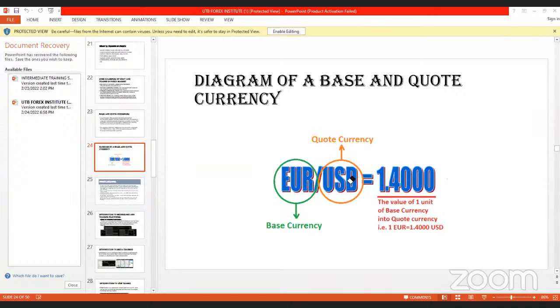Okay, so in cases where you think the USD will gain value or will appreciate or will have strength over the Euro, that means in a chart you have to click sell on Euro. That means invariably you're buying USD. That's how it's done. That's for base and quote currency.